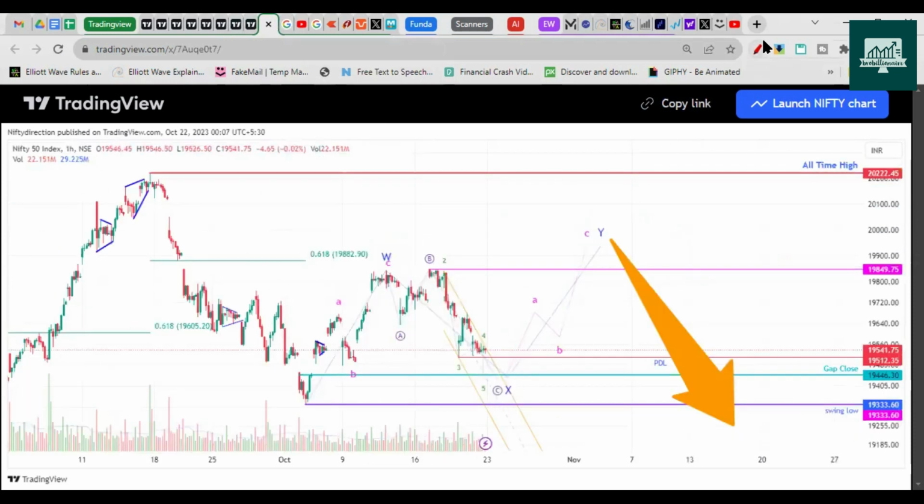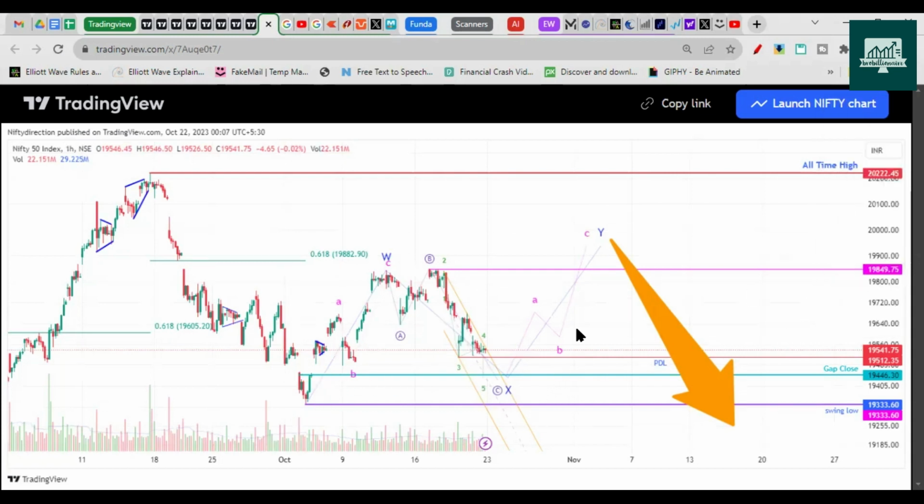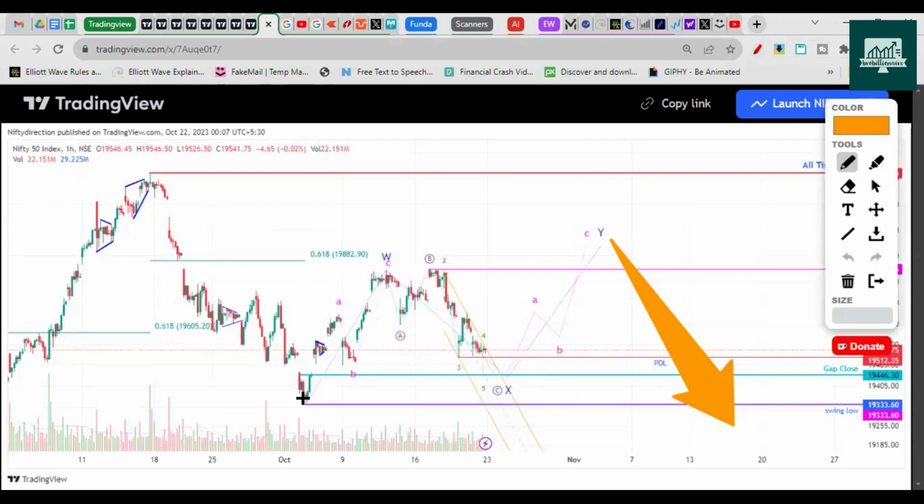So now the alternate case that we want to discuss, let's say, is if it takes support near 19,446, which is also a gap support. On this day Nifty closed green, okay, and then the next day a gap up happened. So the gap is this support here. So I'm considering this as a complex correction, okay. If you check here, this has been labeled as W wave and X wave is a flat correction, where A, B just broke the high of the previous move, right? And then the C wave started.